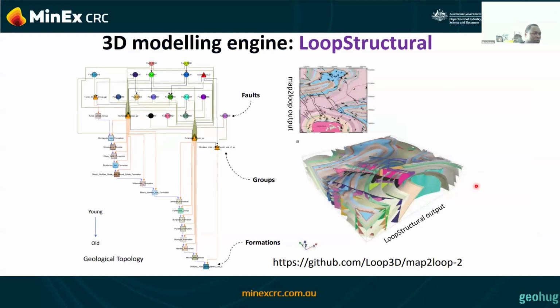So if you use this engine, on the left-hand side, we have a network graph stacked from younger to older event. This is one way of representing some of the output of your result from map-to-loop, which shows you exactly how things are correlated based on different time scale. That's the network graph. And then this is just a visualization of what I showed earlier, map-to-loop output. And then these are used to go through the engine to produce, for example, this loop structural output, this model.